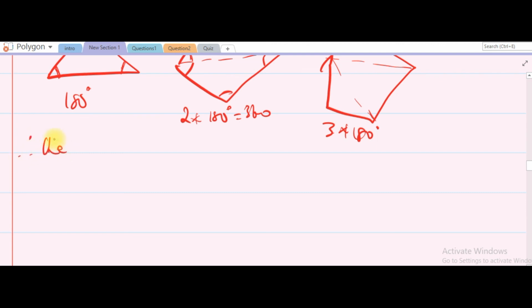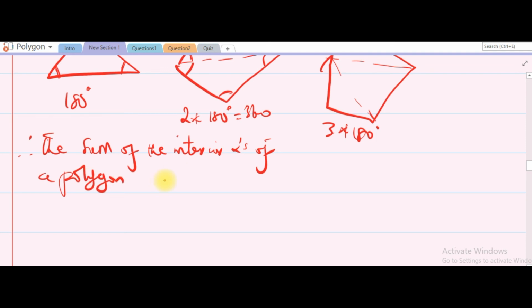Therefore the sum of the interior angles of a polygon is always equal to the number of non-intersecting triangles, which is n minus 2, times 180. So this is a very, very important formula. If you're asked to find the sum of the interior angles, just know the number of sides, subtract 2 from it, multiply by 180. That's the answer. So the next one is the sum of